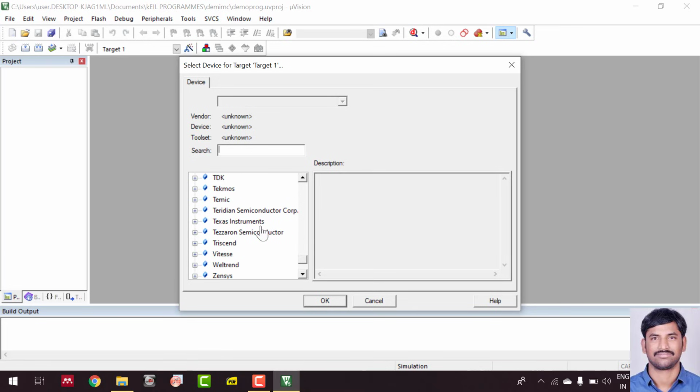You can see Texas Instruments. Initially your microcontroller was fabricated by Intel, but you still have many other vendors who can provide 8051 microcontrollers. So among all these microcontrollers, I'm going to take Microchip. And you can see there are many varieties of 8051 models. I'm going to take